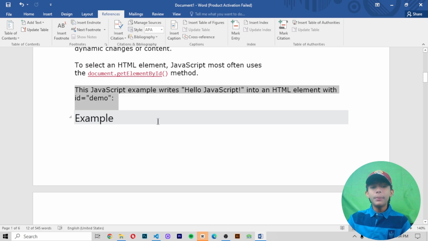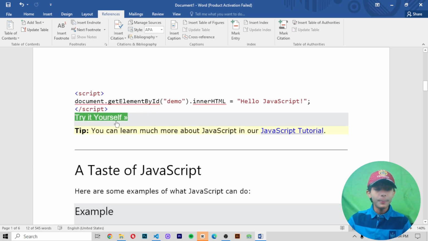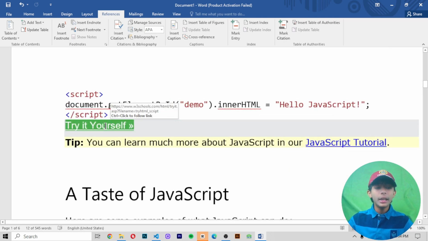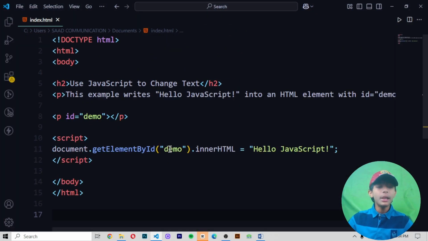This JavaScript example writes hello JavaScript into an HTML element with ID demo. Let me show you in this example what I am doing. First of all, I write the doctype declaration and the starting code. Then I use JavaScript to change the text in the paragraph.